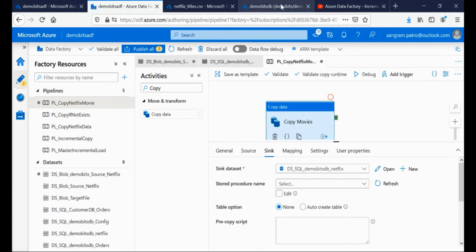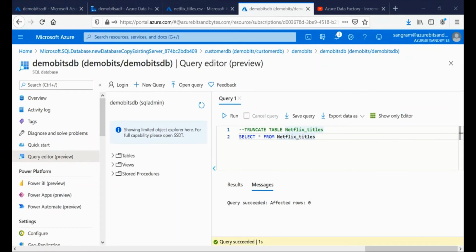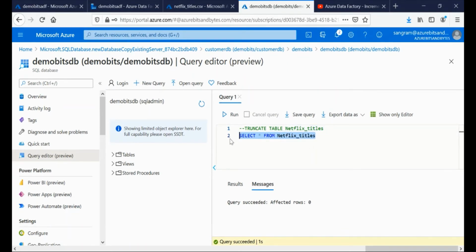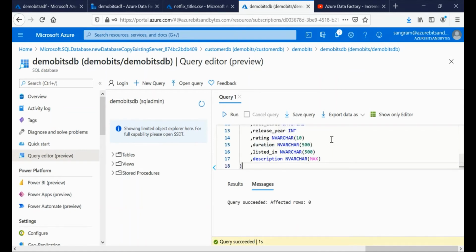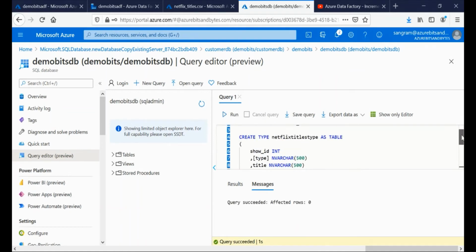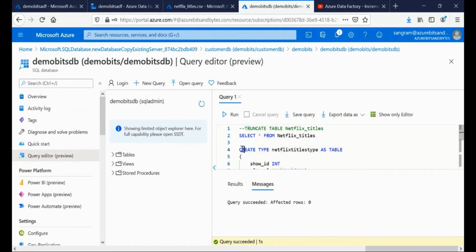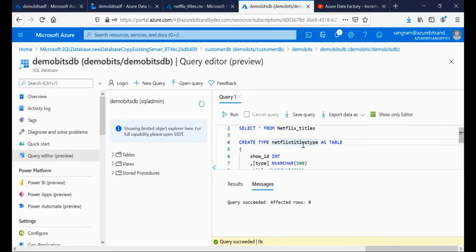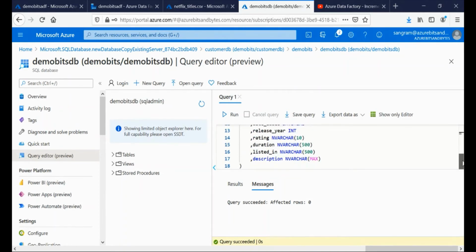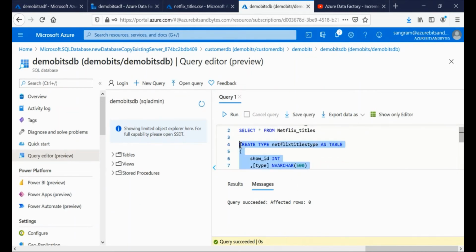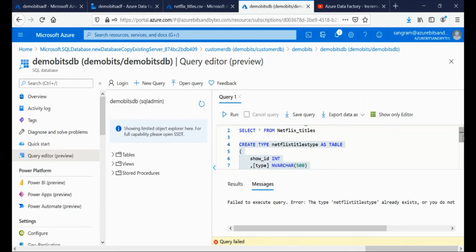Now let's go ahead and see the database. So I would pick a table type. Let me pull out this information. You already saw the data here. There is nothing. And then I would create a type. I will explain in a short while why I require a table type. The metadata of the Netflix titles type and the file content is entirely the same. So this is the table type which I created. Let me see if I have created this or not. Yeah, this is already present.